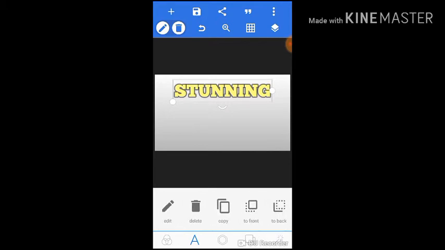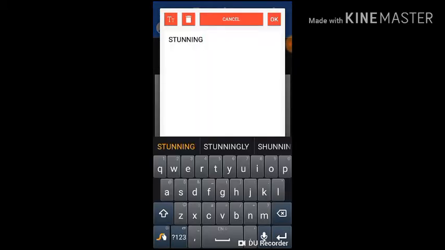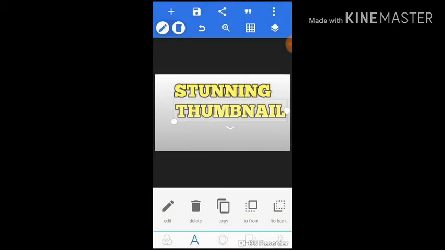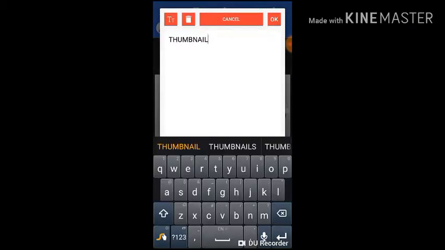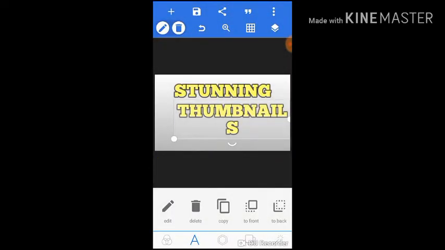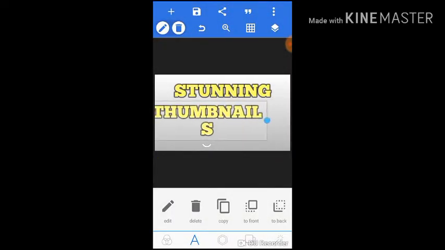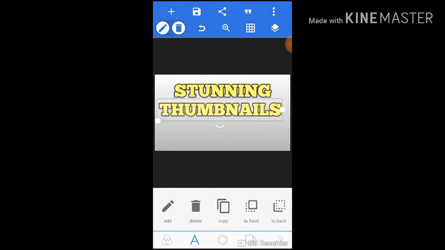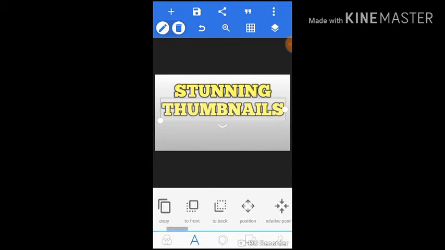Now just click this text and click copy, drop it down here, double click on it, change the text to thumbnail, make it all capitals, click it here and make it thumbnails all capitals. Okay, now drag it a bit here and drag it towards to resize it, and next click on the relative position,